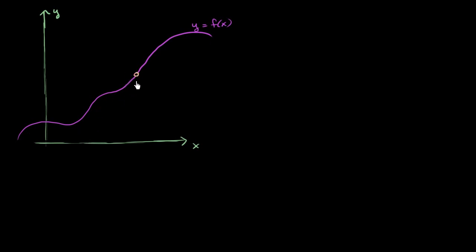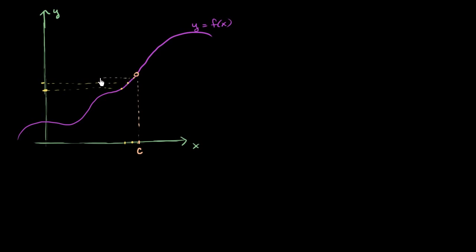So the way I've drawn it, this function is not defined when x is equal to c. Now, the way that we've thought about a limit is, what does f of x approach as x approaches c? So let's think about that a little bit. When x is a reasonable bit lower than c, f of x, for our function that we just drew, is right over here. That's what f of x is going to be equal. Y is equal to f of x. When x gets a little bit closer, then our f of x is right over there. When x gets even closer, maybe really almost at c, but not quite at c, then our f of x